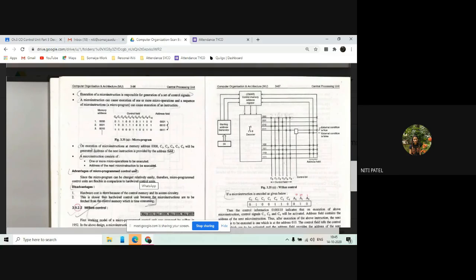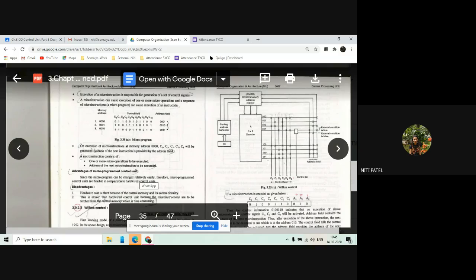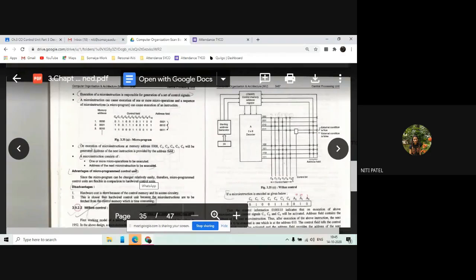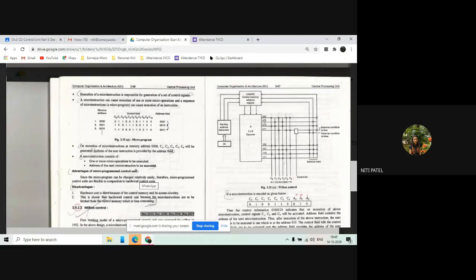Okay. So since my memory address was 0000, out of these 8 lines, which line is to be activated? The line which matches with the memory address 0000. कौन सा address match हो रहा है? First वाला 000. Now can you see the control fields as C0, C1, C2, C3, C4 and C5? Yes. Every line is connected to every one of those 8 lines of the decoder.